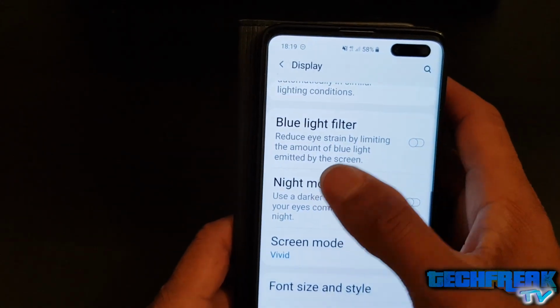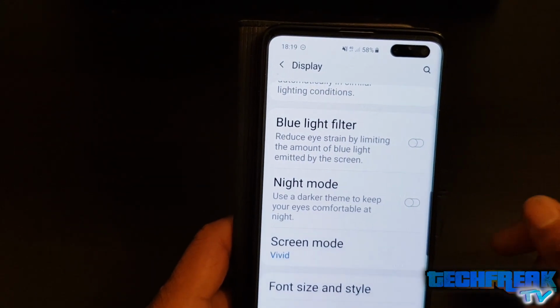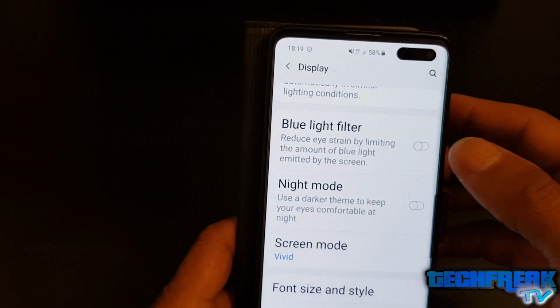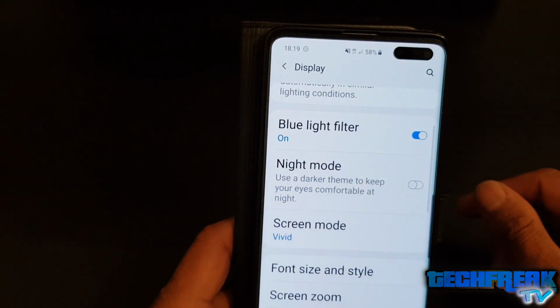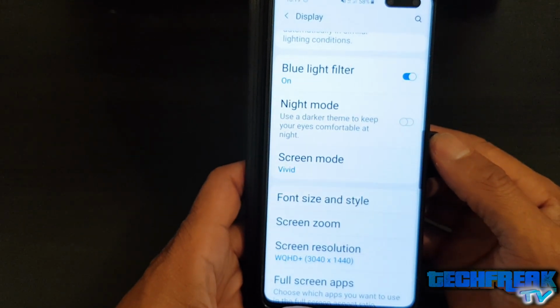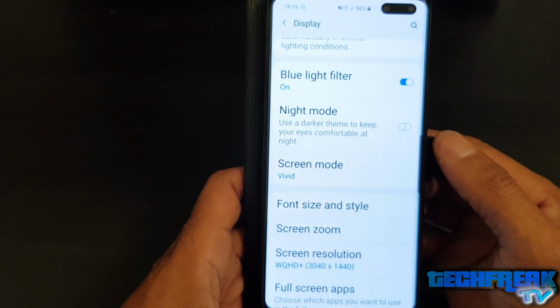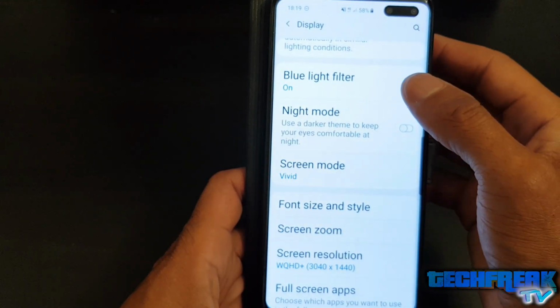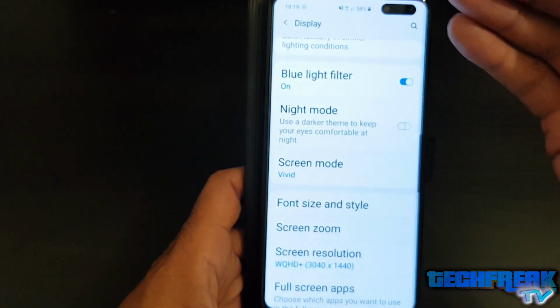Blue light filter, so this can reduce your eye strain by limiting the amount of blue coming off the screen, and that's the kind of color that you'll get. I'm not sure if that's coming across very well for you guys. I can't see it on my screen here that I'm recording off at the moment, but it's like a cream,